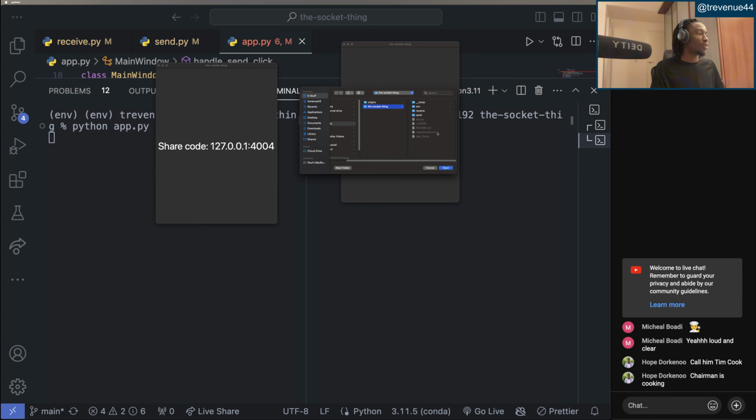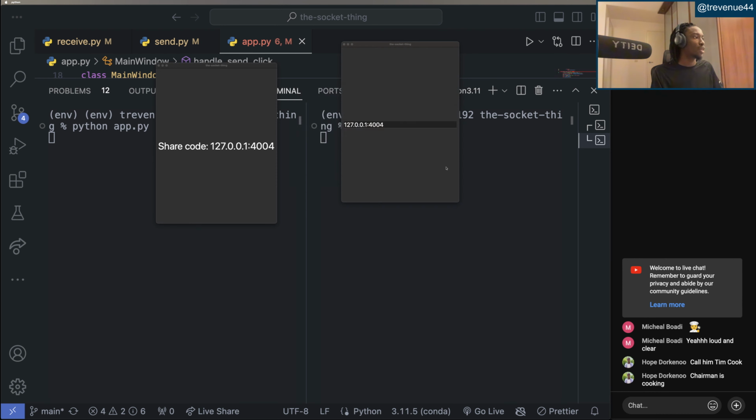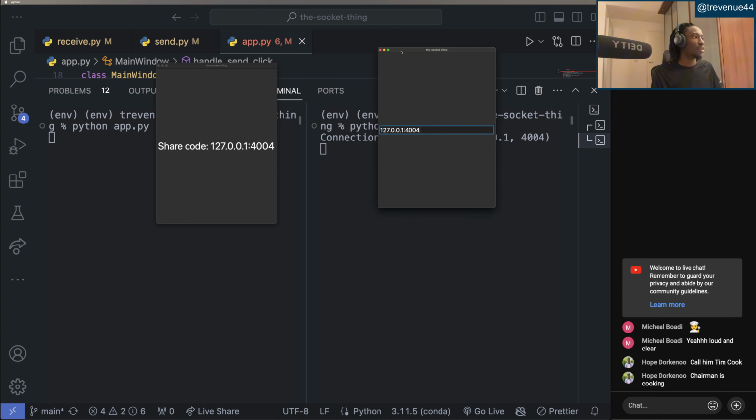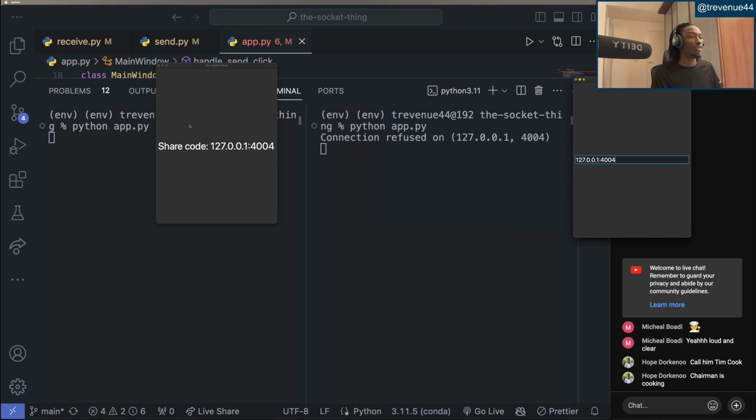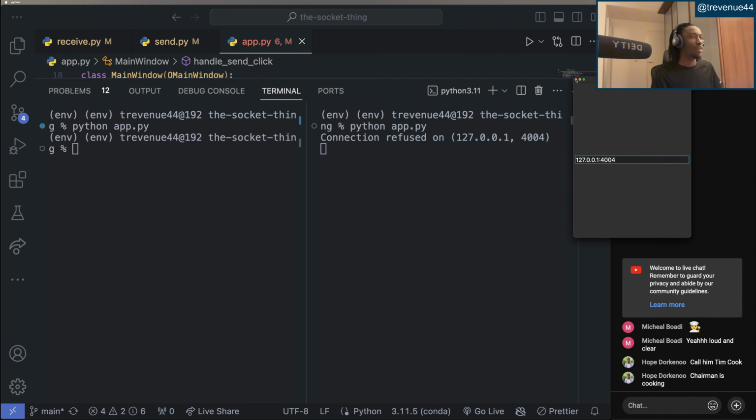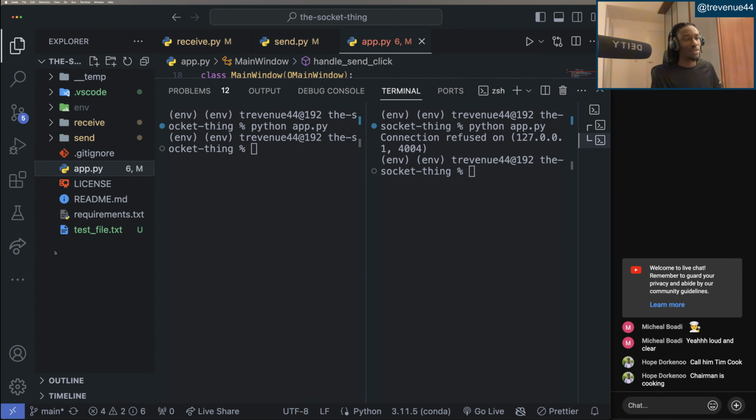He asks me where I want to store it, and I choose a place, received, and I store it there. And you see that it says connection refused, which means this has already stopped. I think I might have accepted it somewhere else. Yeah, I think I might have clicked enter and accepted it here. But the actual file transfer was able to work on the GUI. So that's great. Now, the last thing that's needed on the GUI aspect is for us to